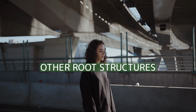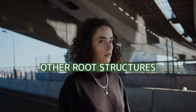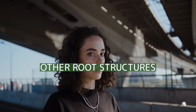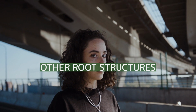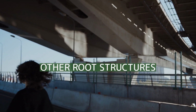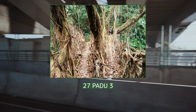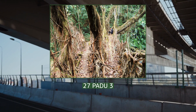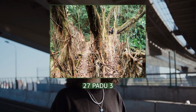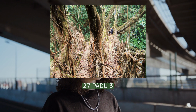As we transition to the next segment, let's look at other root structures. The Khasi and Jaintia also make several other kinds of structures out of the aerial roots of rubber trees. These include ladders and platforms. For example, in the village of Khuding Rim in the West Jaintia Hills, a rubber tree next to a football field has been modified so that its branches can serve as living root bleachers. Aerial roots of the tree have been interwoven in the spaces between several branches so that platforms have been created from which villagers can watch